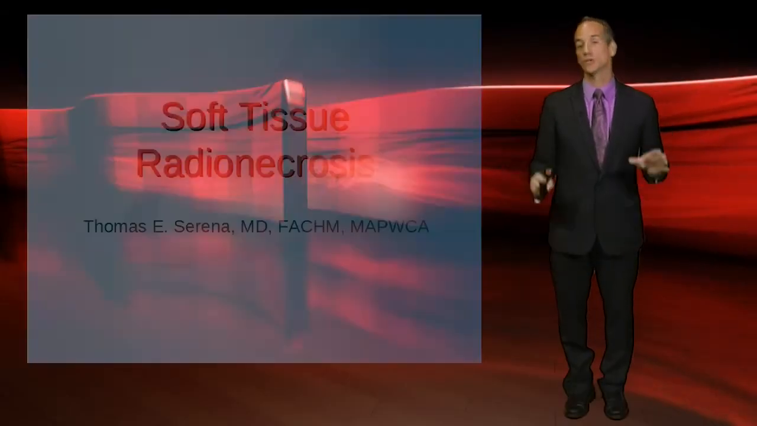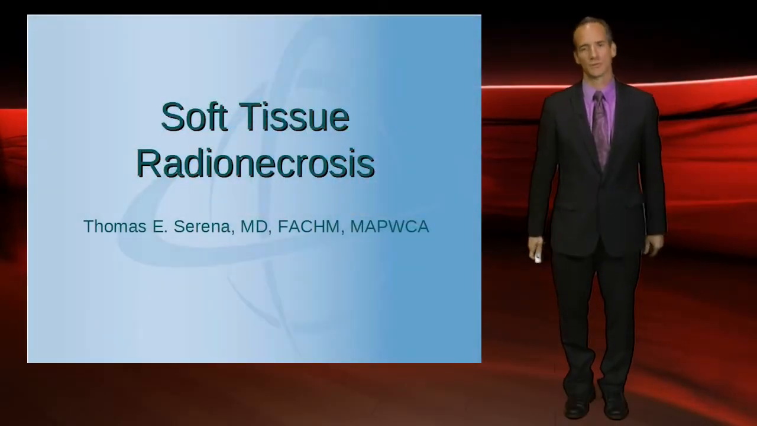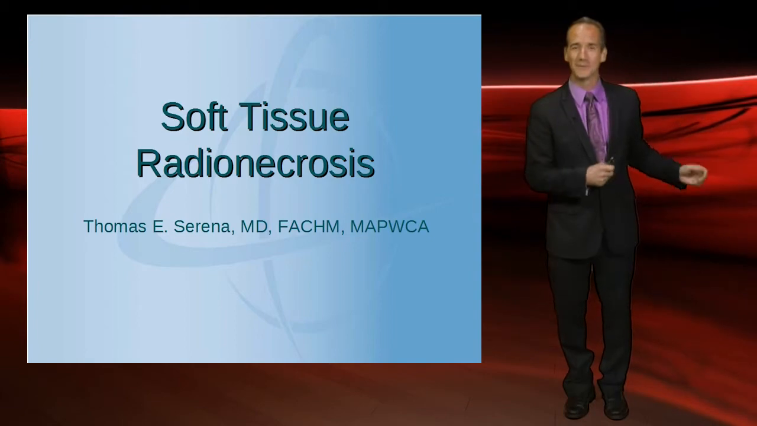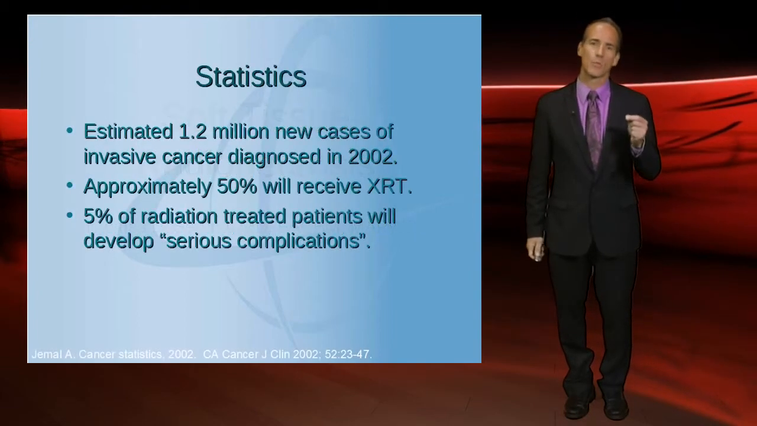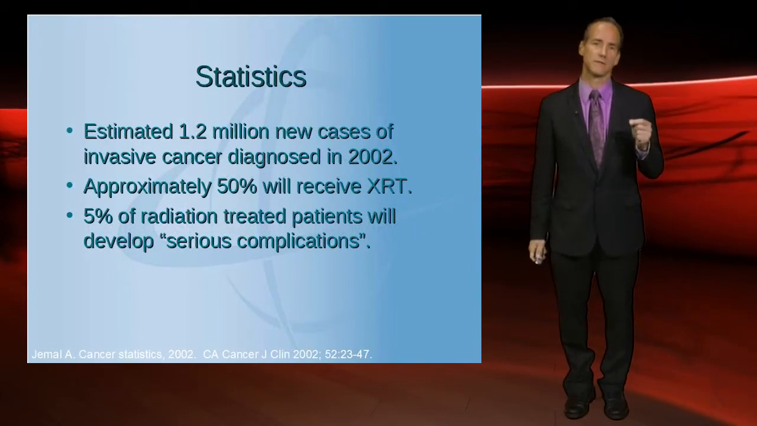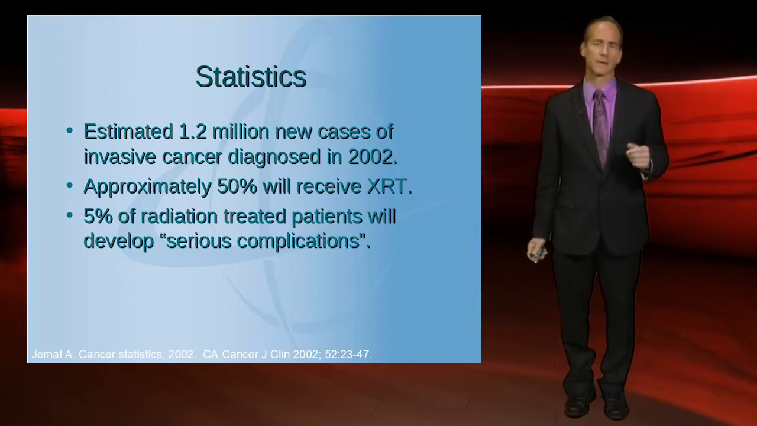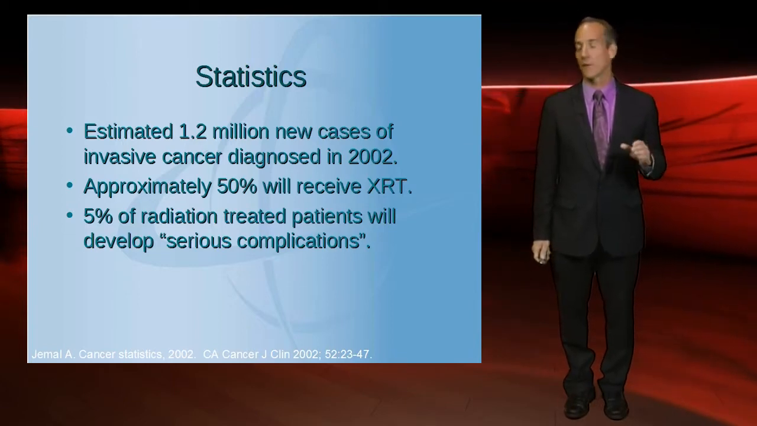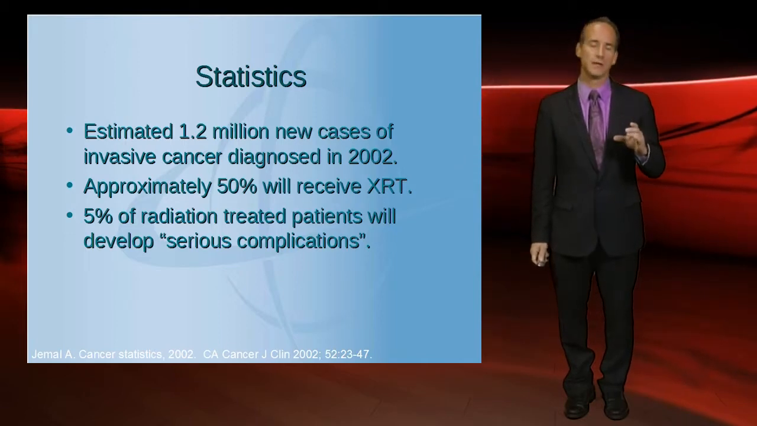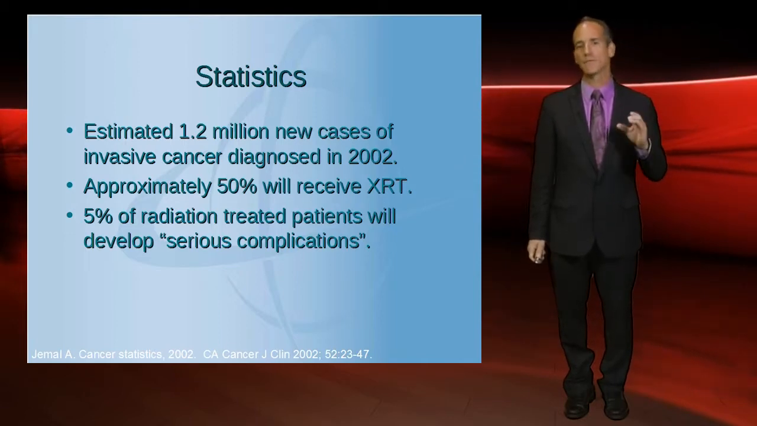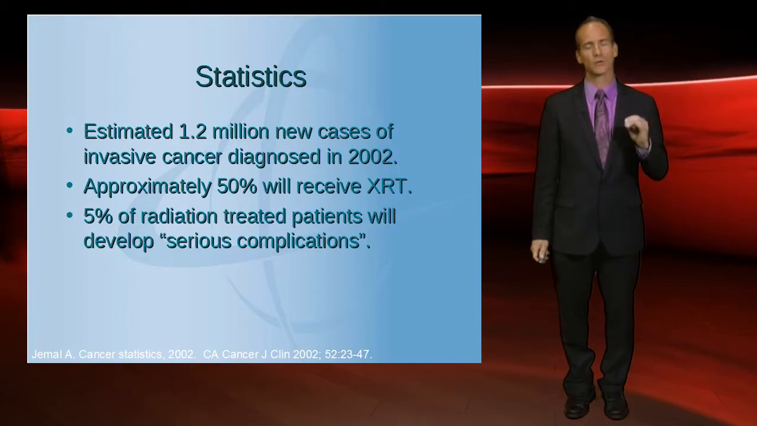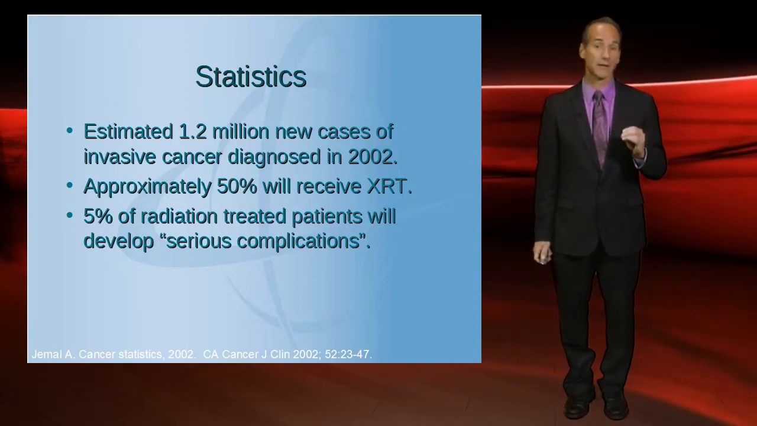Now we're going to discuss soft tissue radionecrosis, as we saw from the wound wheel. It's estimated that 1.2 million new cases of invasive cancers are diagnosed every year, and this data comes from 2002. About 50% of them will receive radiation therapy, and about 5% of those treated patients will develop complications related to